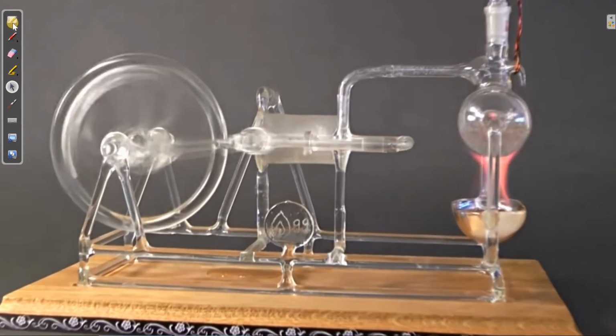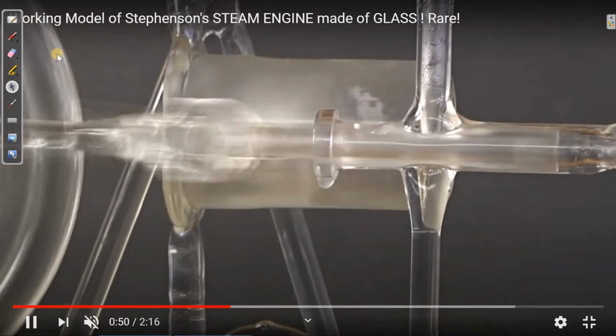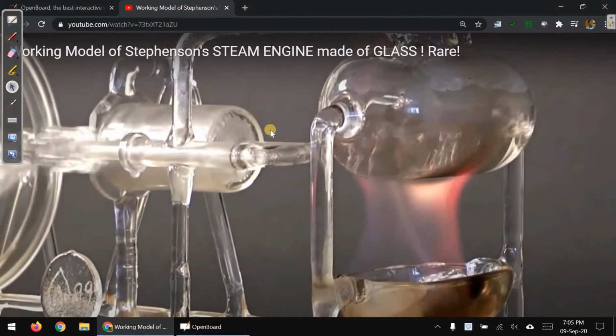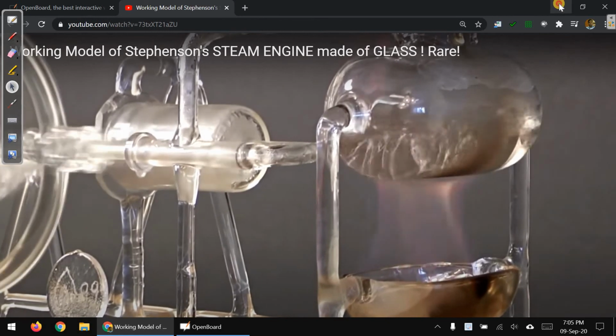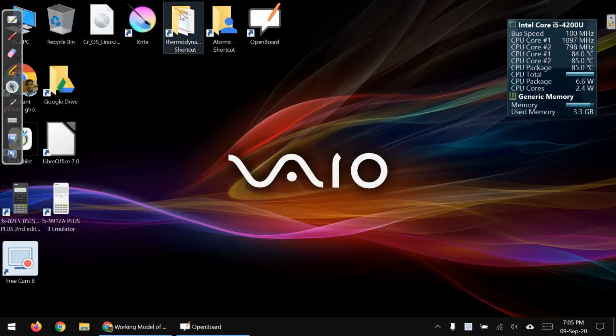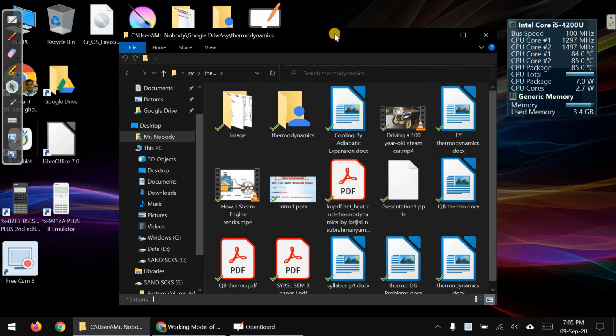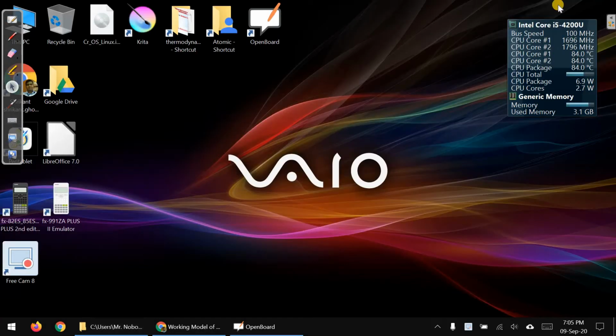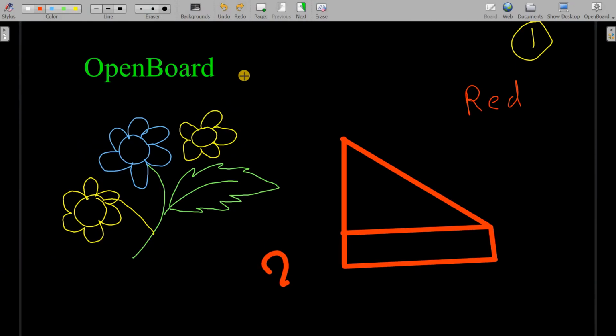So you can show whatever you want. And you can work also, you can open some file and other things also, and copy paste or anything you want to do. So that is another good option we get.